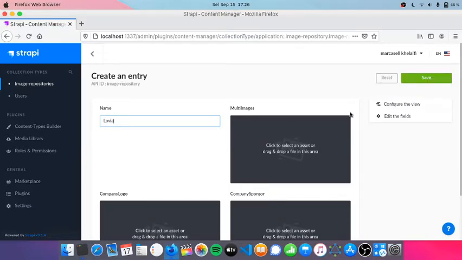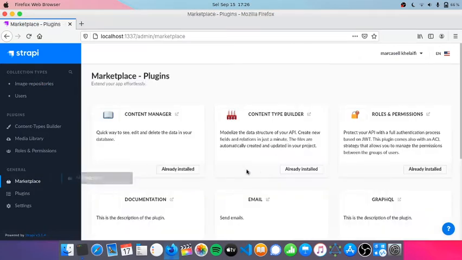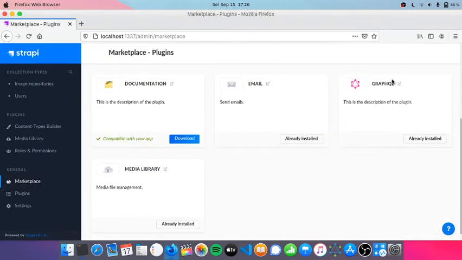The company name will be Lovia. Just save this. Actually, we can do it using GraphQL API, but I want to here because this is image upload tutorial. And then make sure that in marketplace you have GraphQL plugin installed, and if you have not installed GraphQL plugin, you will see download button here. Just click it. So Strapi will add GraphQL plugin to your Strapi app,